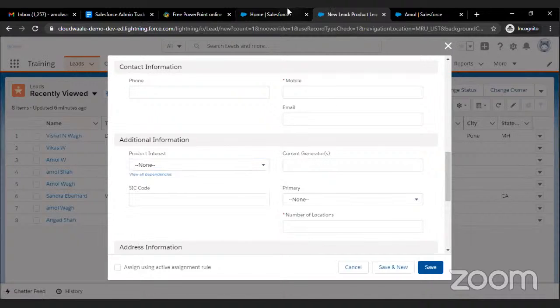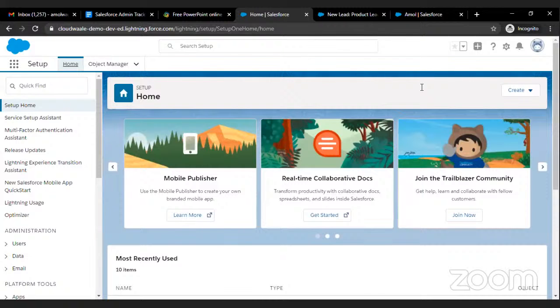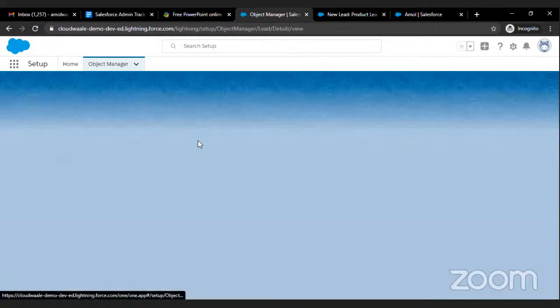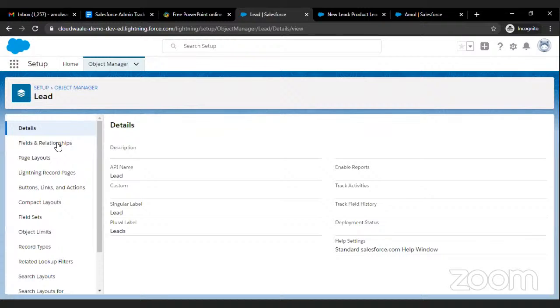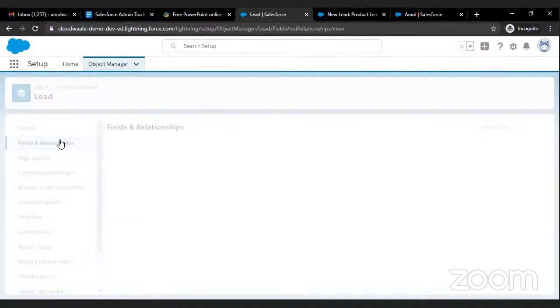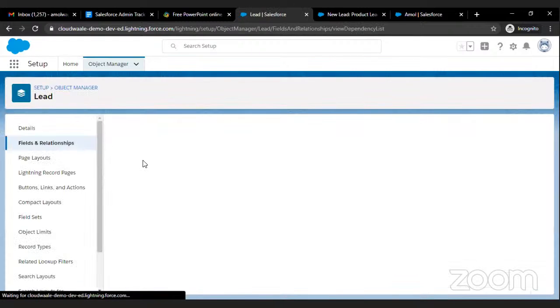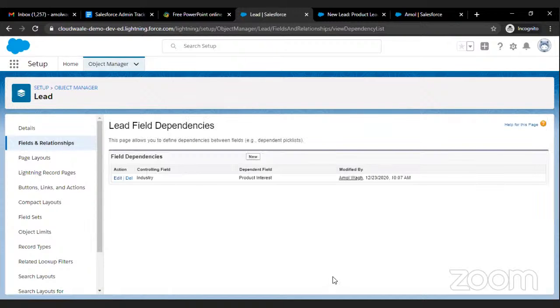We have to go to the lead object. Just go to the lead object here. Is it field and relationship? And from here we can see the field dependency option is there. So we can create the field dependency. Okay. So many a time they ask the question, what is dependent and what is a controlling pick list